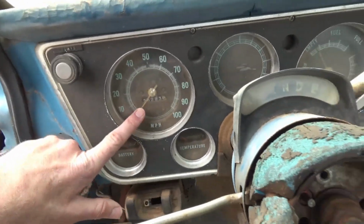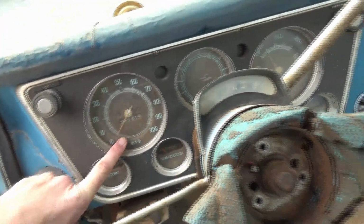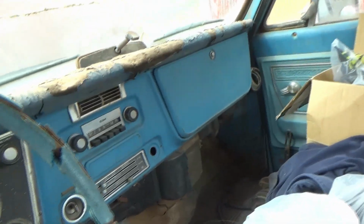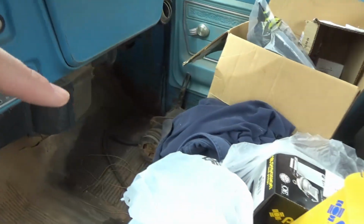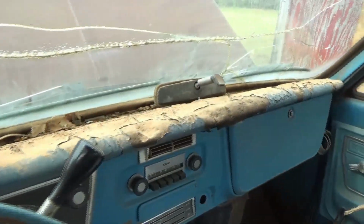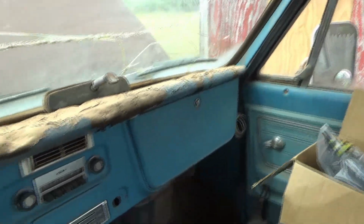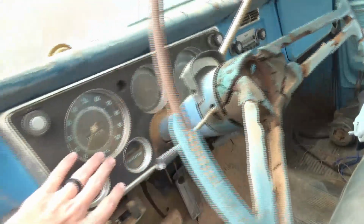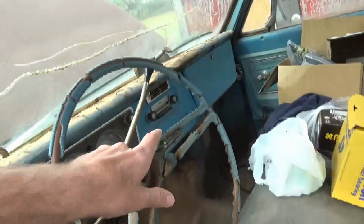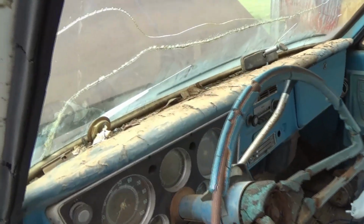She's showing 26,000 miles, so probably rolled over at least once with the amount of work it's done. Everything's still in here. It's an AC cab, which is awesome. I've got the AC compressor down there we could exchange for a new one. Dash mat is completely gone, which is not surprising, but all the instrument cluster works. Everything works on it like it should. I do believe even the blower motor and everything else works. I'll have to dig into that further, but